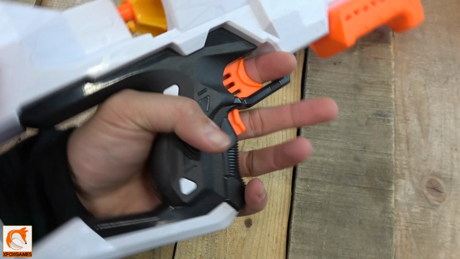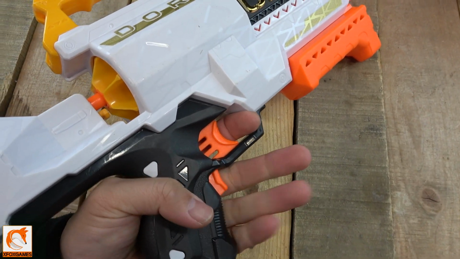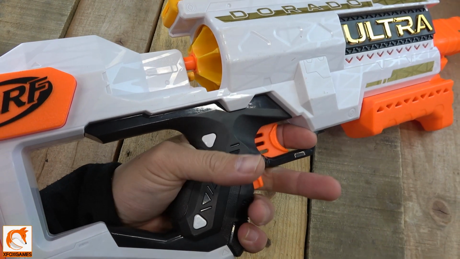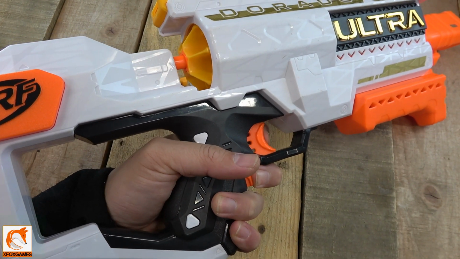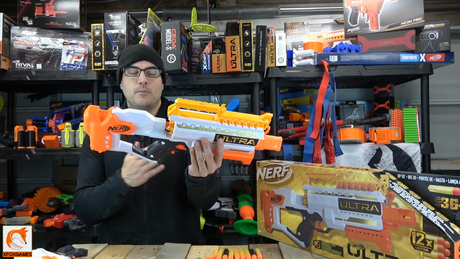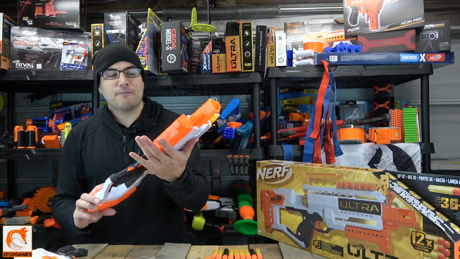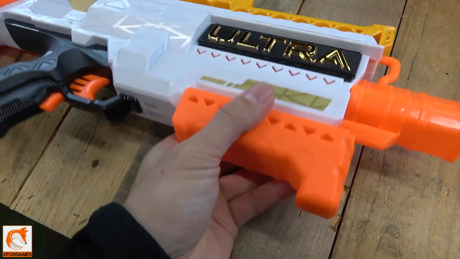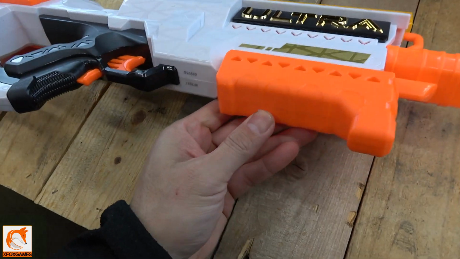The grip on the Dorado actually feels really good. It feels very similar to a lot of the grips inside the Ultra line. And you know what? For the most part, they're great. I have no complaints whatsoever when it comes to the grips on the Ultra line. They're a little bit thicker, a little bit more contoured to fit your hand, so nothing to complain about there. The front grip on the Dorado feels good. Again, it gives you that compact feel, right? So you're kind of real close, like right here, like you just want to get up and do some